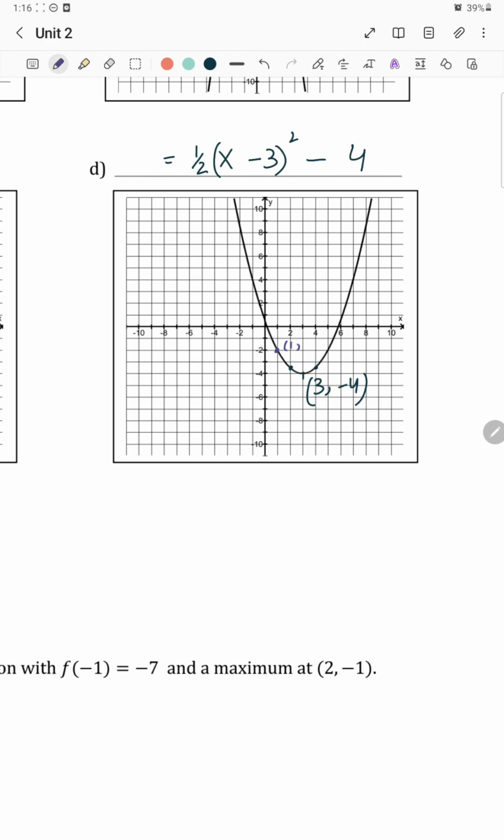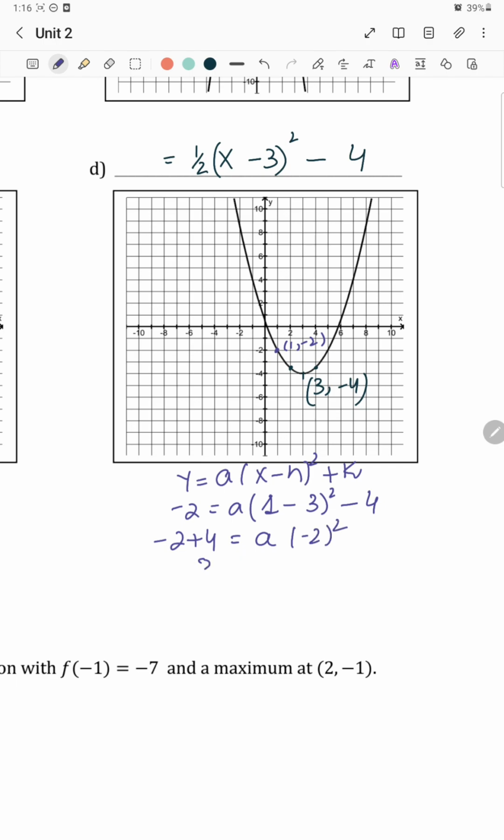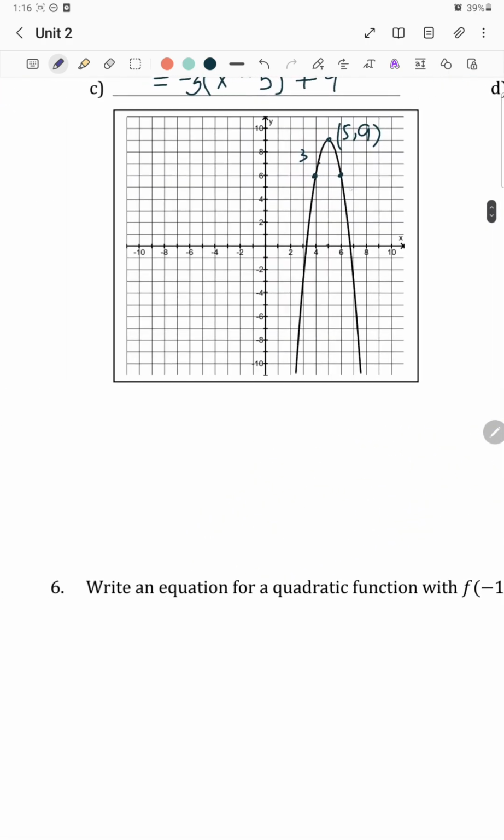This point. This is 1, minus 2. So y is equal to a(x minus h) whole square plus k. So it's going to be minus 2 equals a(1 minus 3) whole square minus 4. So we get a is equal to 1/2. Here if we take any one point,